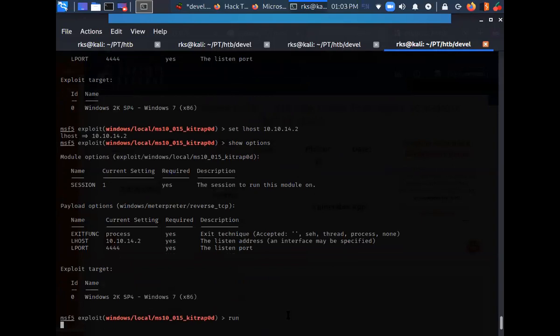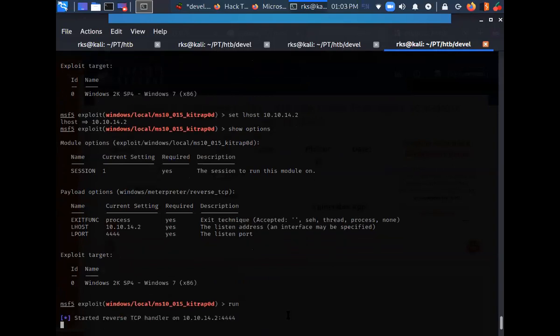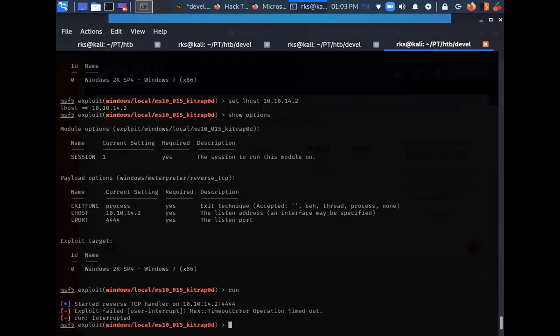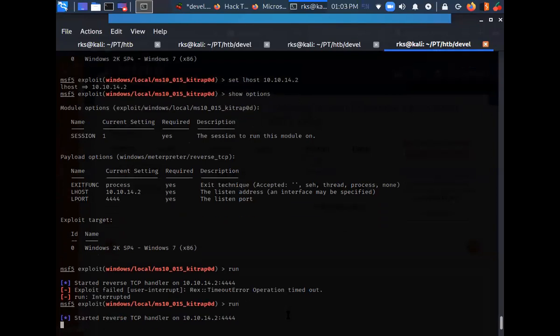Let's run. Exploit failed. Operation timed out. Let's try to run it again.